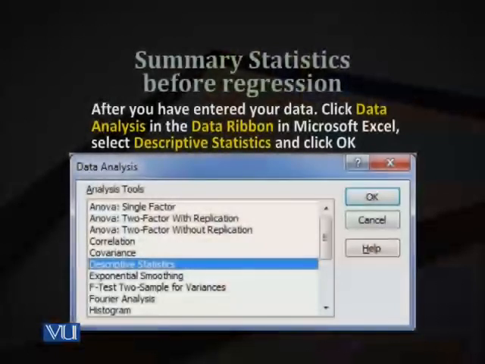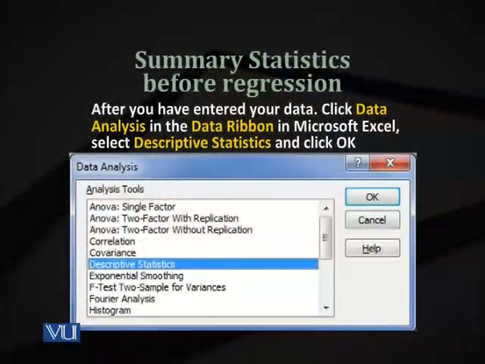You want to know your variables. You want to know the maximum and minimum values. You want to know the averages. You want to know the spread, the standard deviation. You want to see if it is normally distributed or skewed. You want to know about kurtosis. So there are various statistical indicators that you want to know.